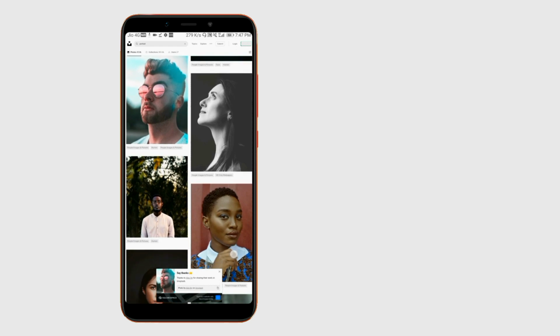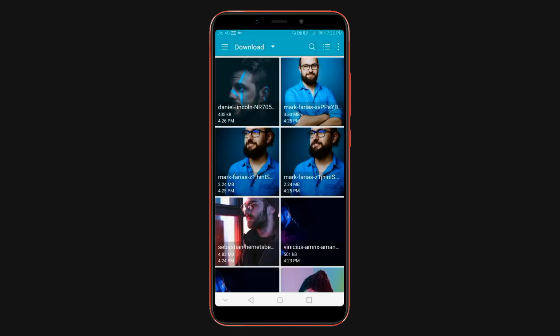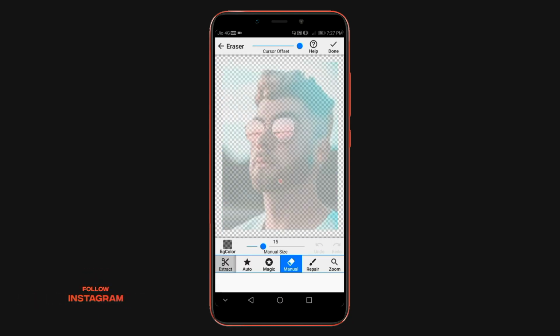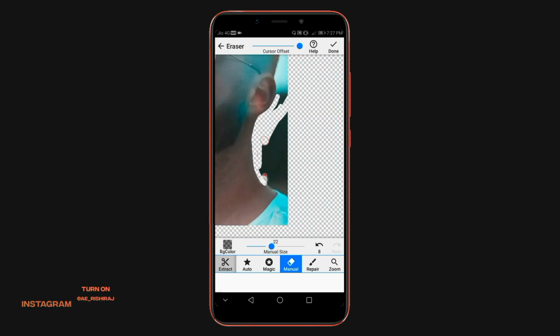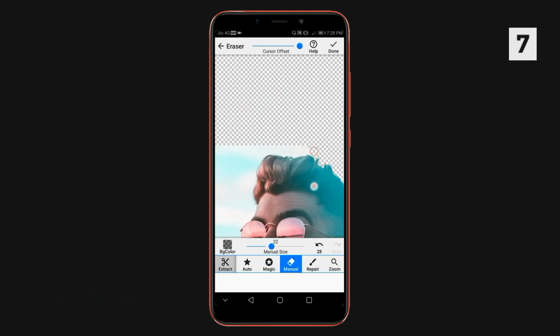All right, so then you have to go to background eraser and simply remove the background. I will be using the background eraser application. You can download from Play Store. And if you still don't know how to remove the background of an image, then just search on YouTube how to remove background of any image using Android and you will get lots of videos. Watch any one of them and then you can easily do it.